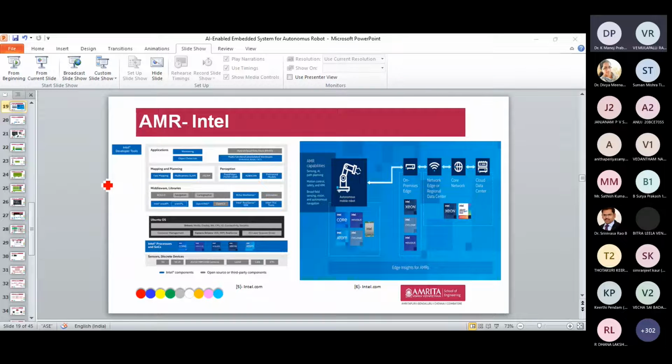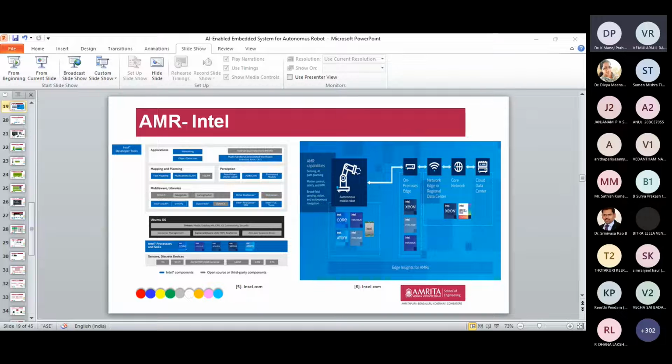And the main middleware libraries are ROS. Here, ROS 2.0, and nowadays we have the Noetic Ninjemys and Melodic Morenia. These are the two updated versions of ROS. Here we can implement this ROS, and ROS with RealSense. The ROS RealSense is the tool given by Intel for depth cameras, which can be really easily interfaced with Intel embedded boards like Atoms or Core, whatever it is. So this is the architecture of Intel AMR.